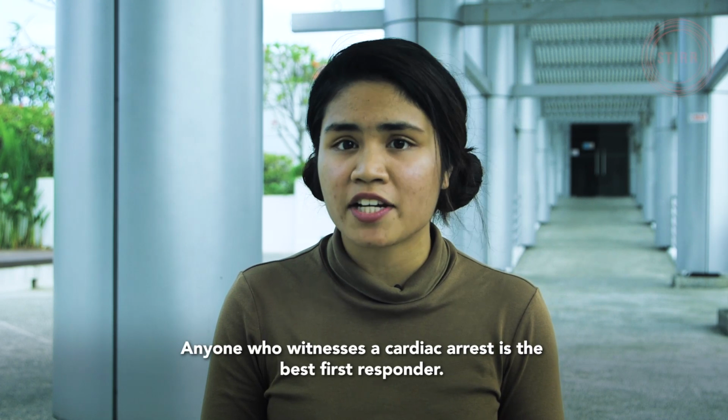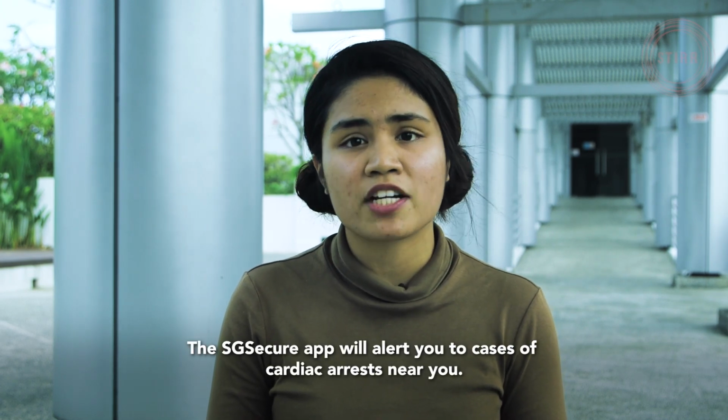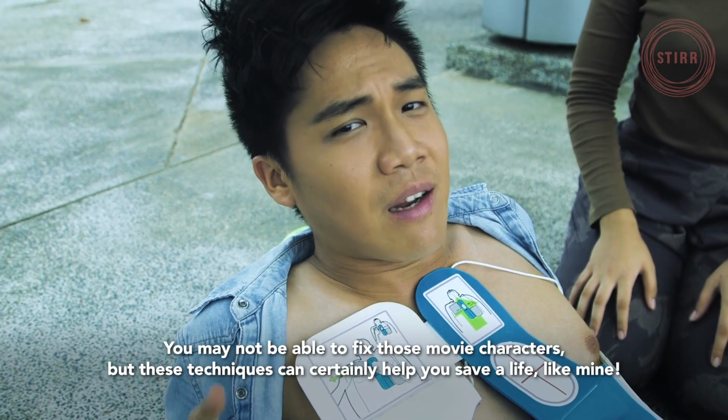Anyone who witnesses a cardiac arrest is the best first responder. The SG Secure app will alert you of cardiac arrest cases near you. You may not be able to fix these movie characters, but these techniques can certainly help you save a life,